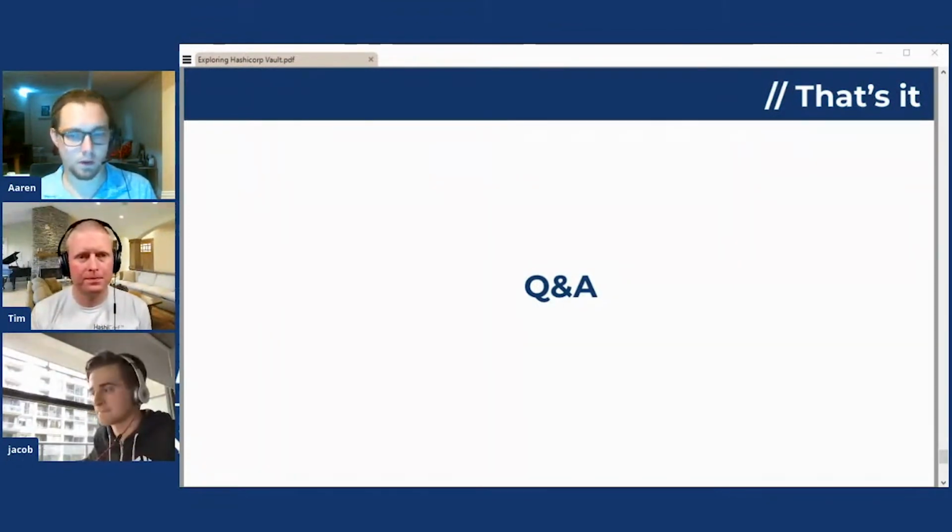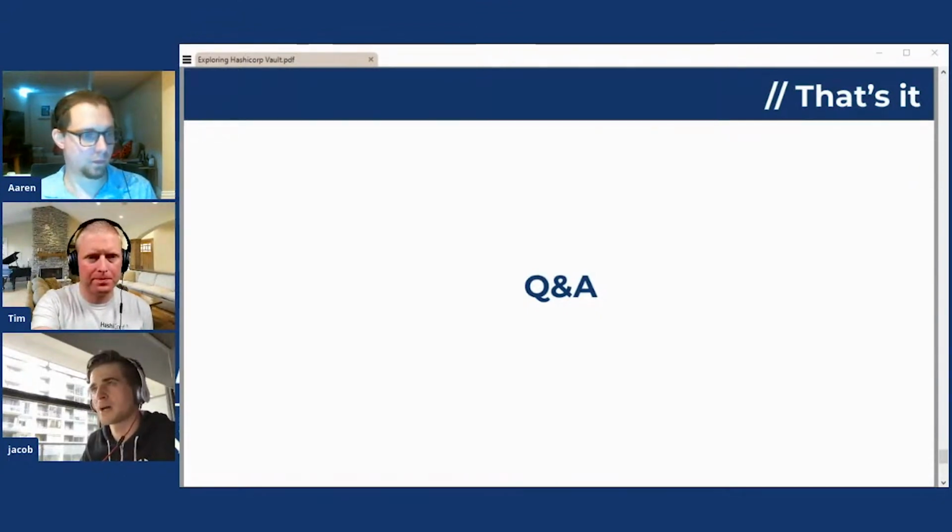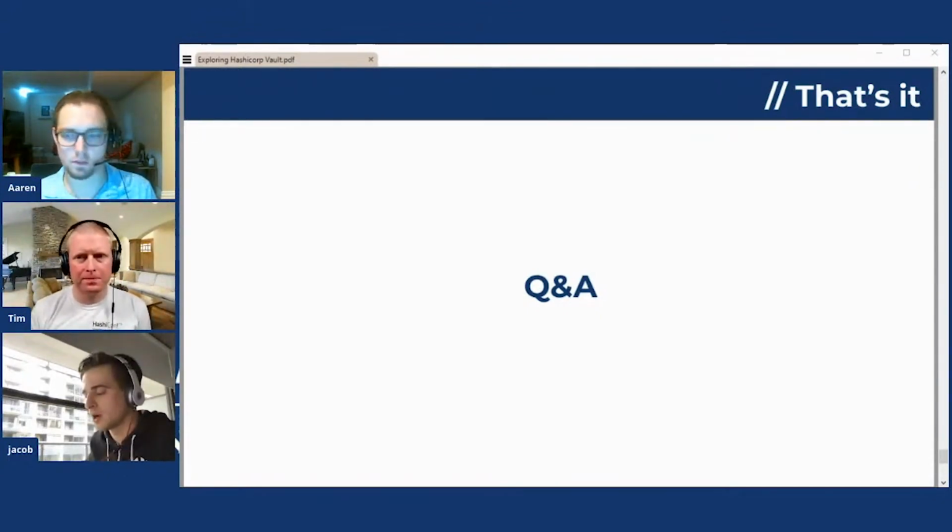Okay. There's another one here. Is there yet a hub of common Transform templates for those who don't want to write them? There's a couple that HashiCorp released already. One is for credit cards, and the other, I want to say, is a passport. I can't remember off the top of my head. Those are the two that I've seen so far,